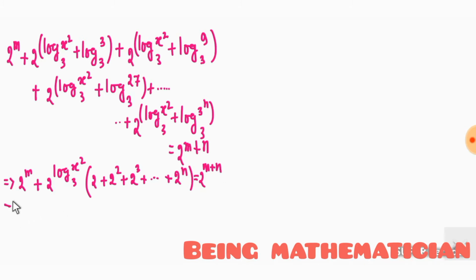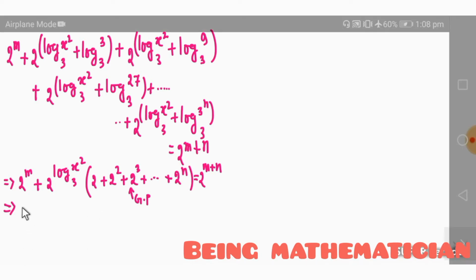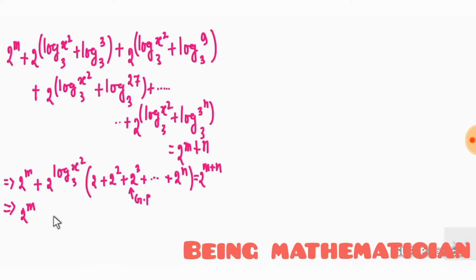Now this is a GP, so we can apply the formula of the summation of a GP. So that will be 2^m